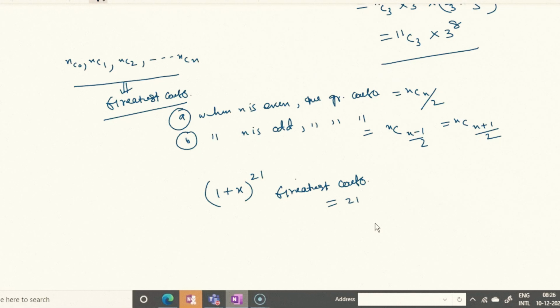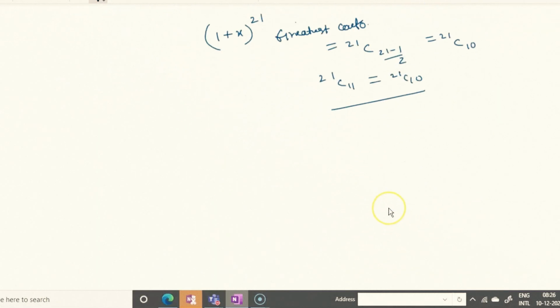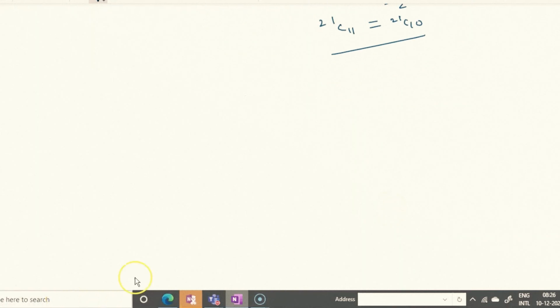This will be 21C10. Or if you write 21C11, by property only it will be the same. 21C11 is equal to 21C10 only. So both are greatest over there. This fact you keep in your mind. Now we'll study some properties of binomial